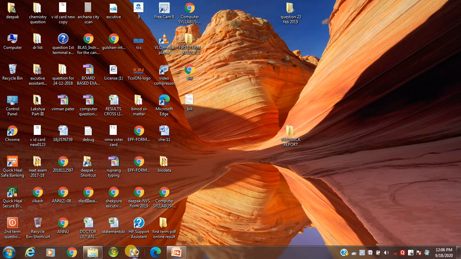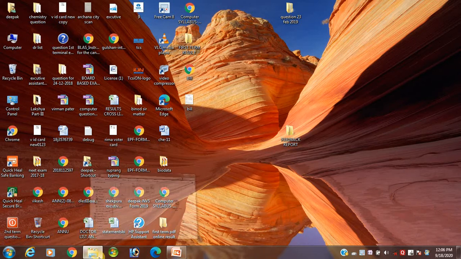The type of document or software you want to open regularly, that you always open once you start your computer, when it is placed on the taskbar, that is called pin a program. You can see that.